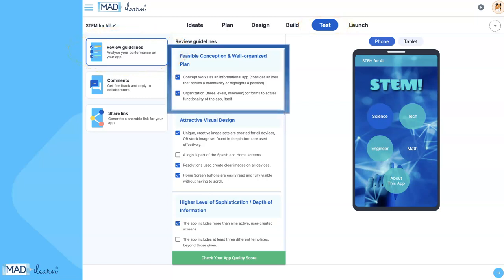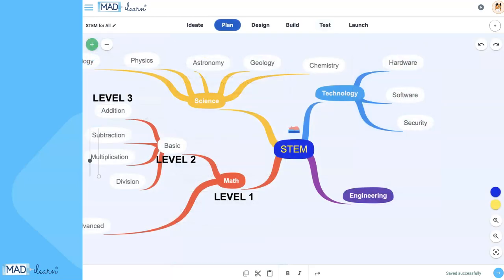The first section is related to the Planning module. Check the mind map to see if at least 3 levels of detail are extended out from an internal or central theme. For example,